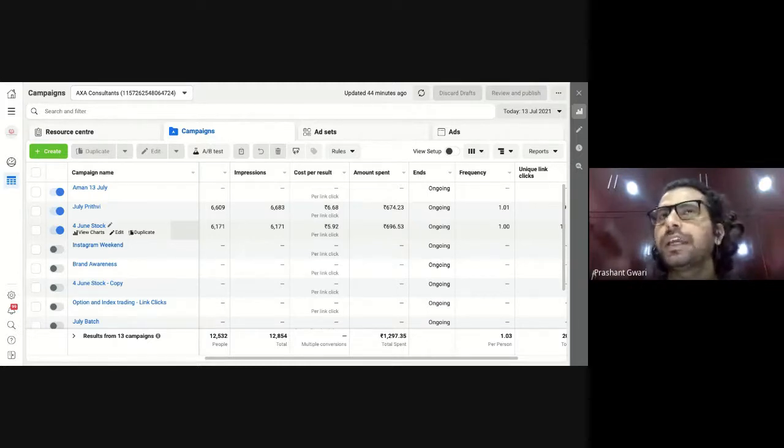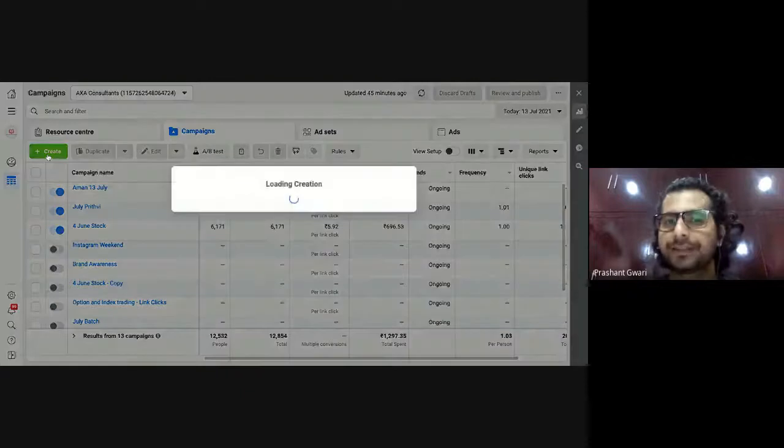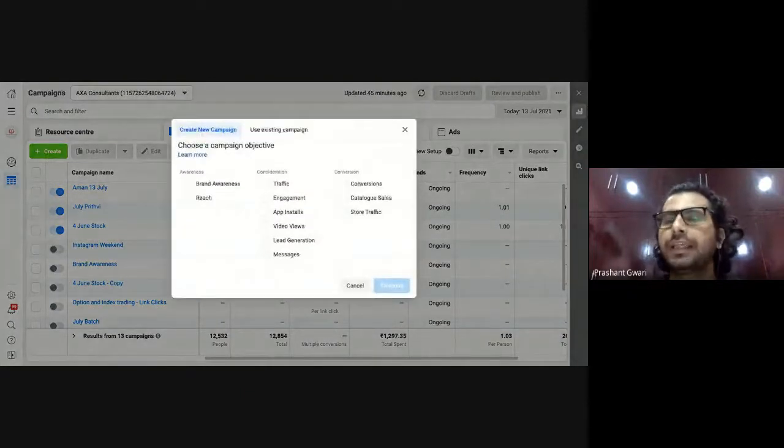Once you create your account on Facebook Ad Manager, you have to click on this green Create button. Once you click it, you can see around 10 to 12 types of campaigns, divided into three categories: awareness, consideration, and conversion, also known as decision.